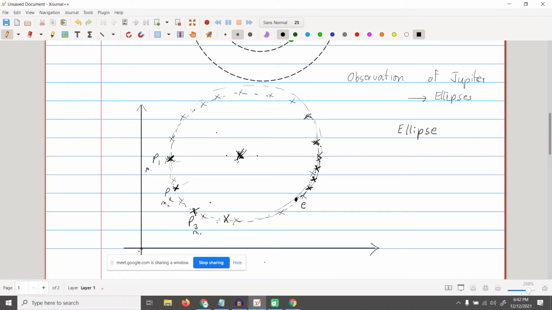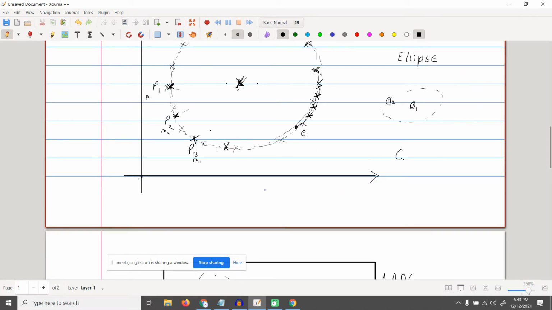Are all exoplanets also in elliptical orbits? Yes, so every time you find a planet going around, or not just a planet, if you find any object going around in an orbit around another object, so you have object 1, your parent object, and object 2 that goes around object 1, those orbits are all elliptical orbits. Remember, a circle is also a special case. It's also an ellipse.